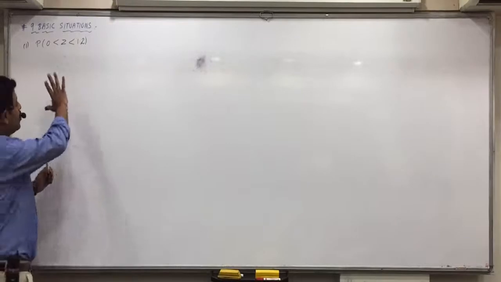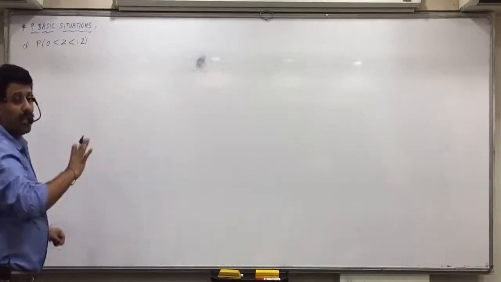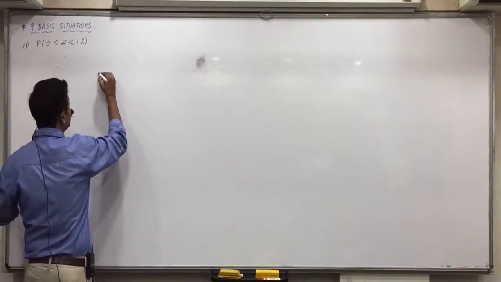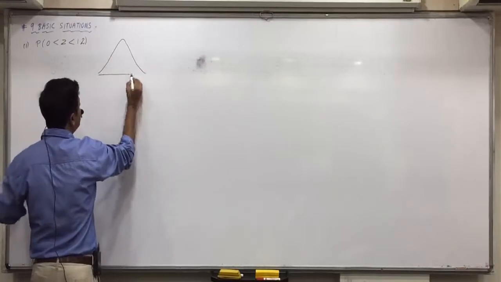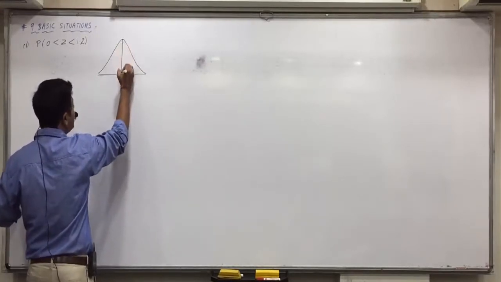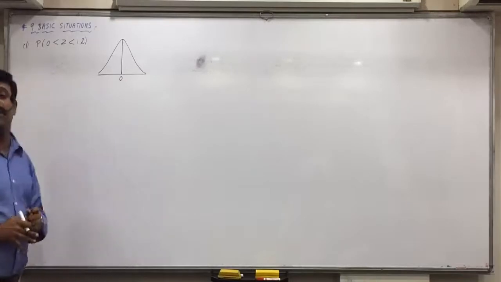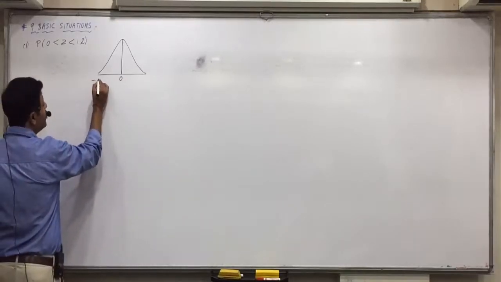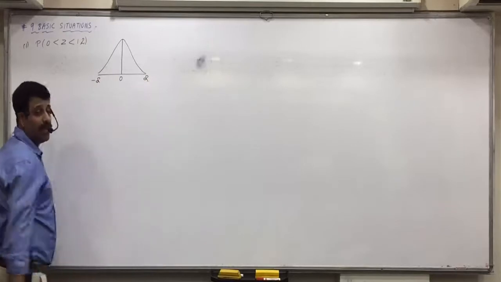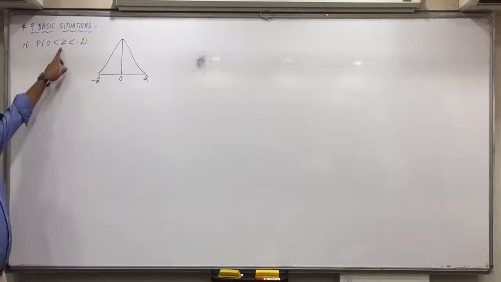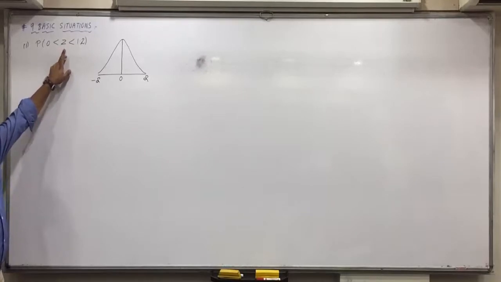Now how to do this, understand it. Every question solution will require the diagram workings, and the diagram workings are to be done with pen only, as fast as possible. You will not get extra marks for beautiful workings. They should be correct, that's it. If we make a standard normal distribution as we did yesterday, in between we have 0, on the left side minus infinity and on the right side infinity. Z means standard normal distribution.